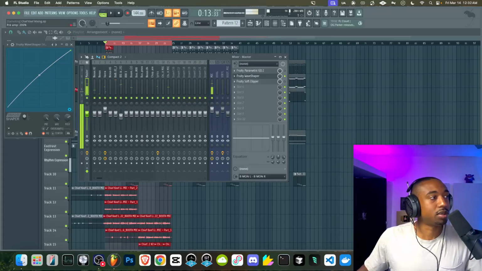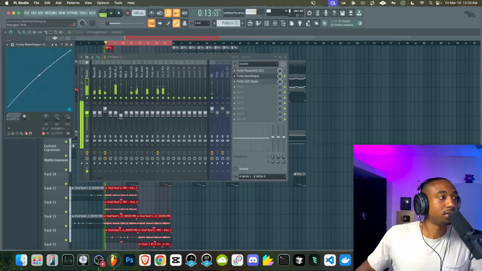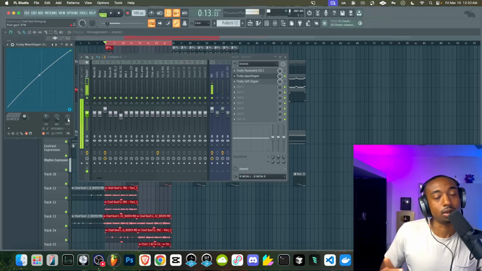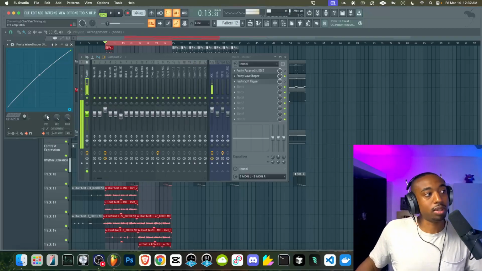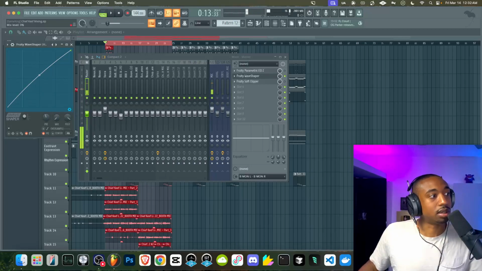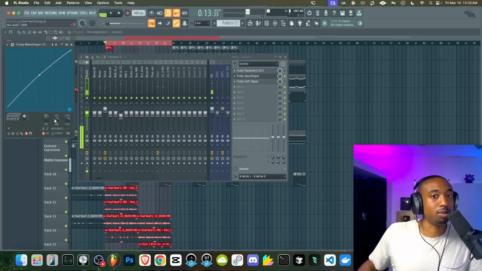So sometimes we're going too heavy into it, so let's pull this back. And then we can compensate with what's called the post level. So it's less effect going out. Basically, the post level is just trying to get your volume back to normal. The pre level is how much aggression you want in the sound, and the mix level is just a blend knob for you guys. Okay, so you see with the mix turned up, it pulls those vocals out.